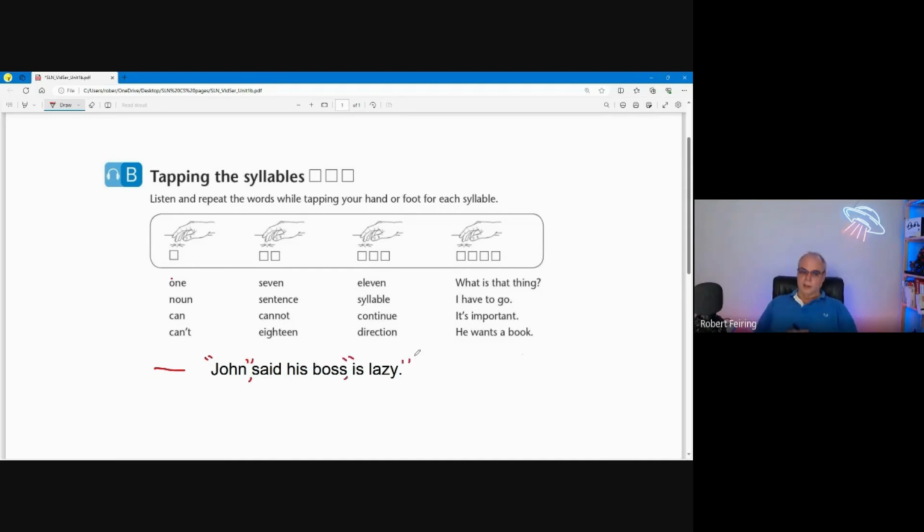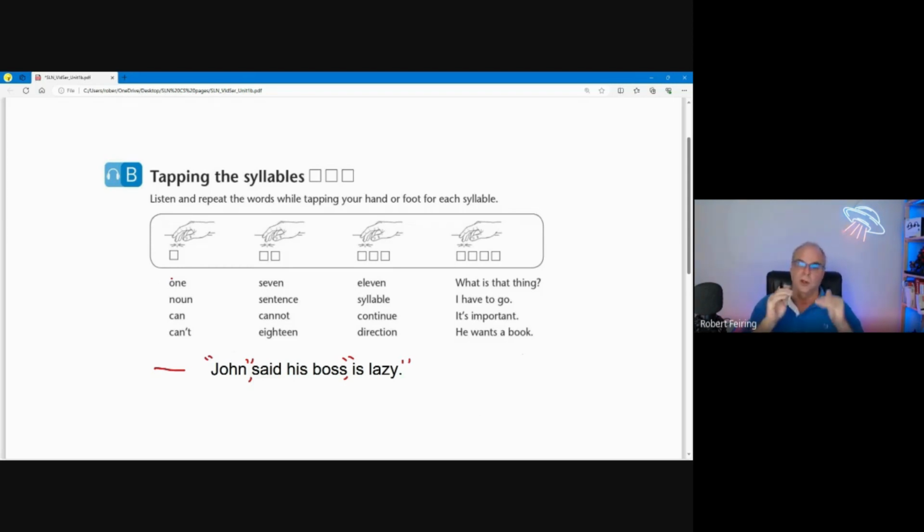In the first sentence, John said his boss is lazy. John is saying he has a lazy boss. It means exactly that. In the second sentence, John said his boss is lazy. The meaning changed. John's boss is talking and he's saying John is lazy. And so this is another example of how an English speaker can use stresses and pauses to control the meaning